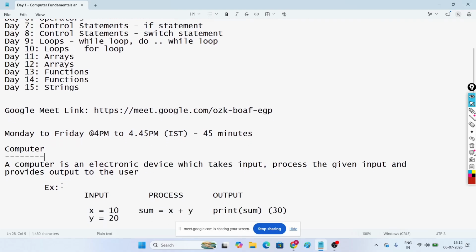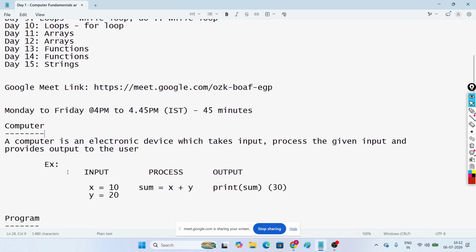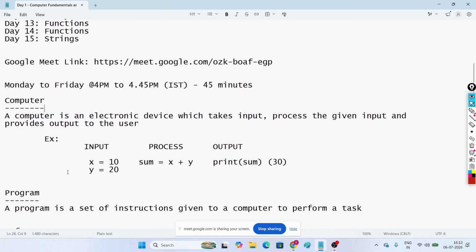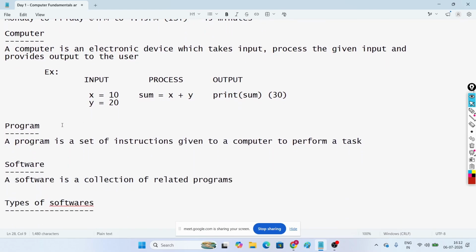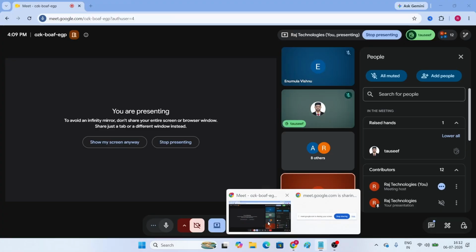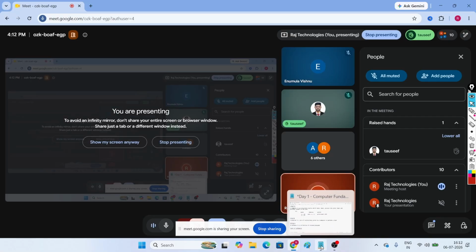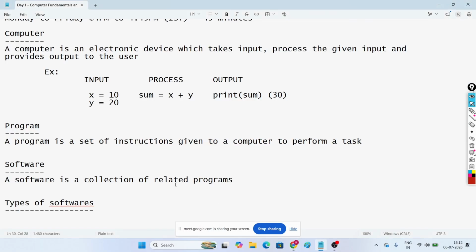Right? Then, in order to enter into any programming language, we should have some basic idea of programming, like the terminologies of computer fundamentals. Initially we started with computer. The meaning of computer is like it's an electronic device which takes input, processes the given input and provides output to the user. Like example,